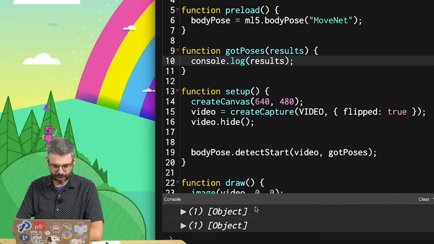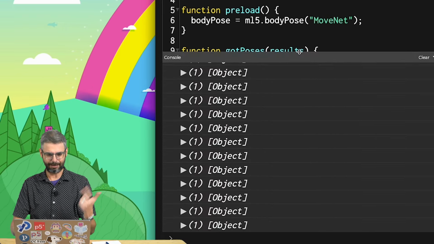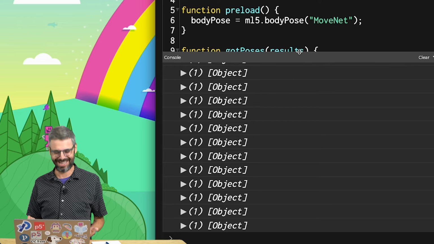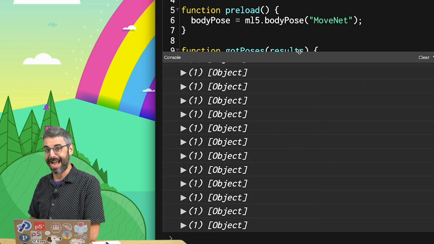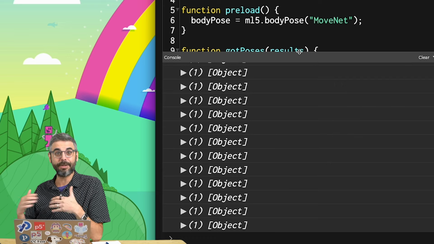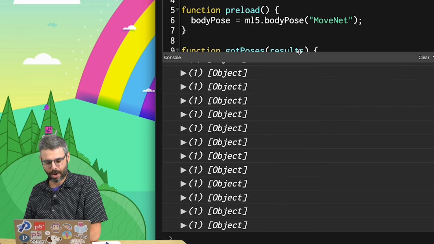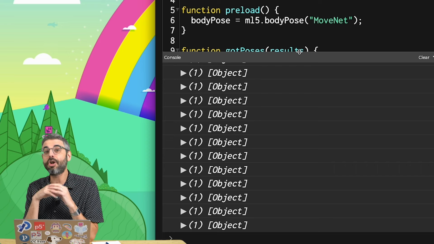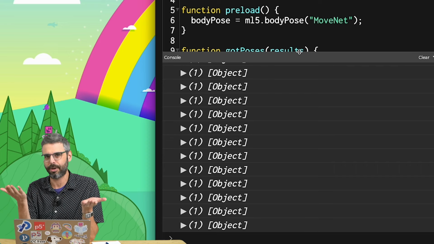And now you can see, look at what's coming in. Object, object, object. Now, I don't have a second person here with me, but one of the things that MoveNet and BlazePose and these models can do is detect more than one person. For the purposes of this video, I'm gonna keep things very simple and just always assume there's only one person